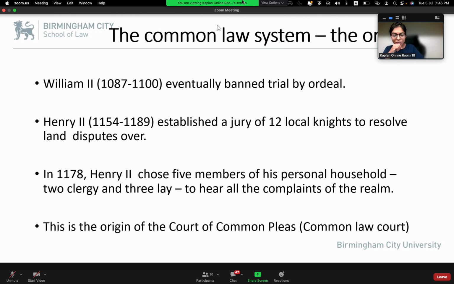And in resolving disputes, the king, Henry II, said that I want 12 commoners from the village, from the society, to come and tell me what happened. So originally, the jurors are the individuals, and the jury is the system. The jurors were witnesses. But today, the jury will deliver the verdict. I'll talk about the role of the jury in our future classes. But for now, take note, the jury system was created.